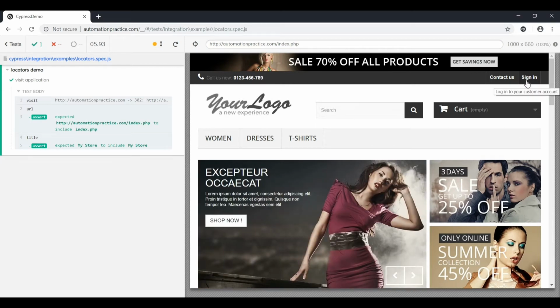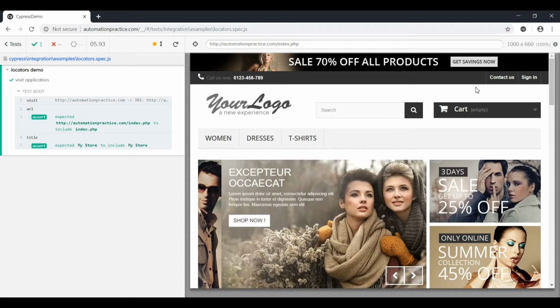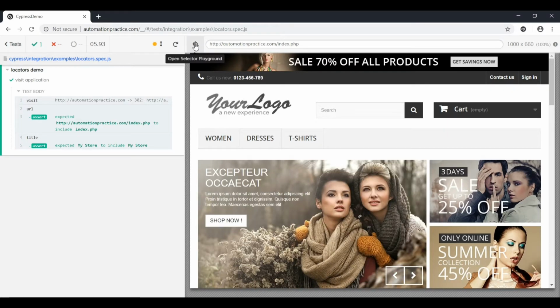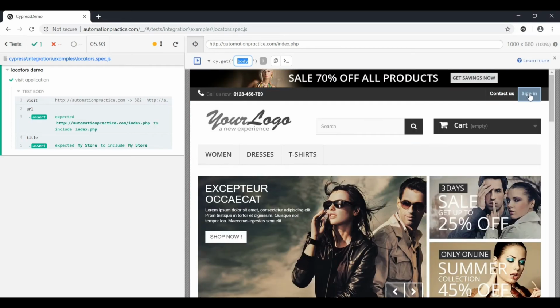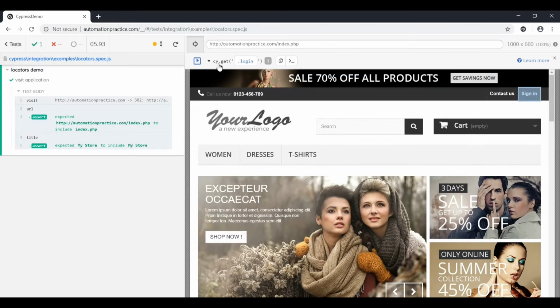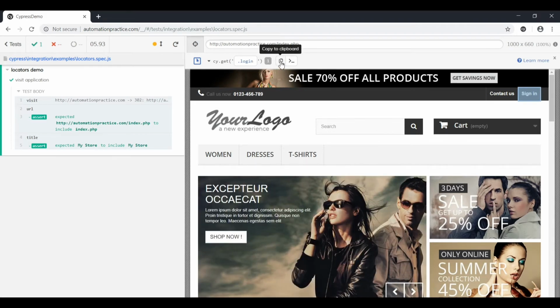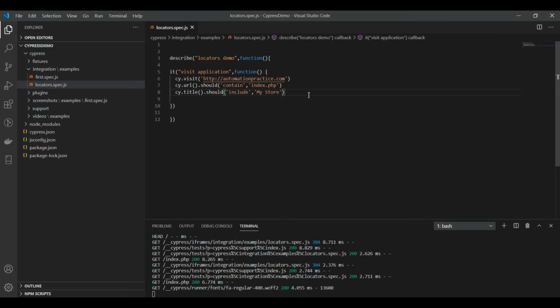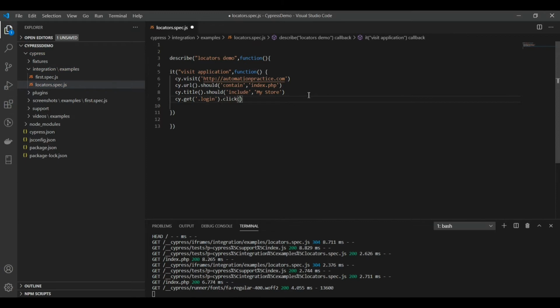Okay, so now I will try to click on the sign in button. I'll extract the locator using the open selector which is provided by Cypress in the test runner itself. Just select it and click on the locator, and you can copy the command directly, cy.get, and just perform the action whatever you want to perform.